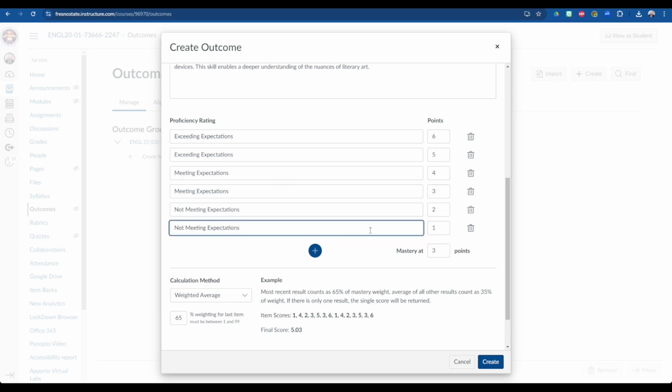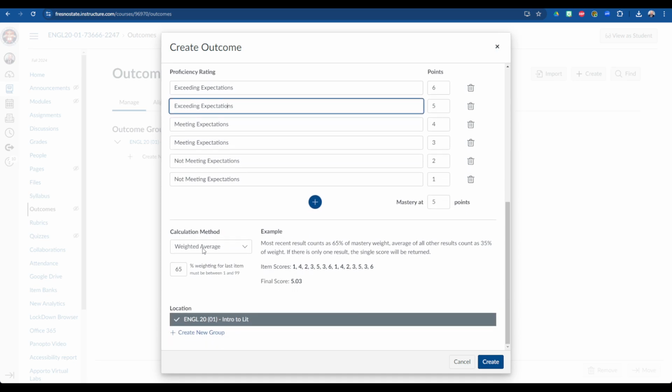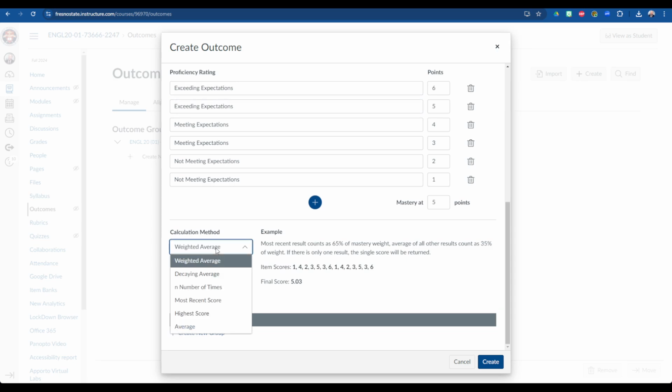Okay, something like that. We're going to say the mastery happens at 5 points, right when they're starting to get into the area of exceeding expectations. We'll consider that as achieving the mastery level. Okay, and we can also tell Canvas how we want it to consider or calculate that learning mastery gradebook view